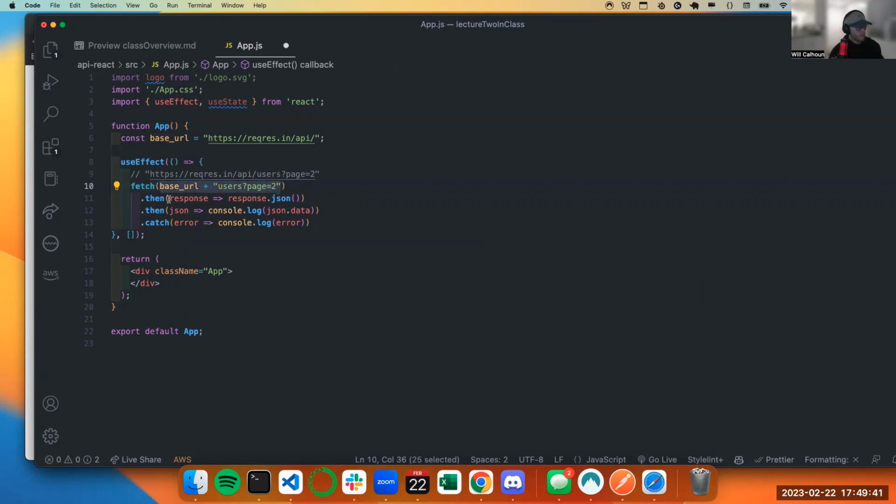If things are successful, then I'm taking the response and turning it into JSON, and that's what I'm returning. Then I chain this and say, okay, cool, if this is successful, then I want to console log the data. It's taking this value that's being returned and putting it here.